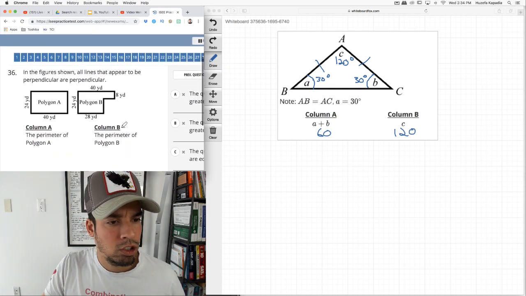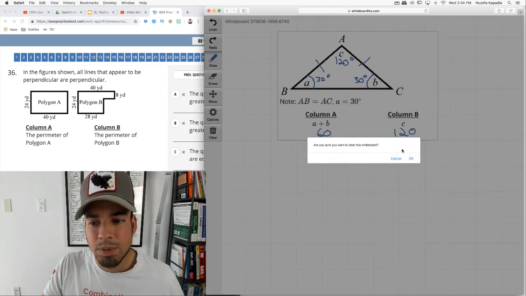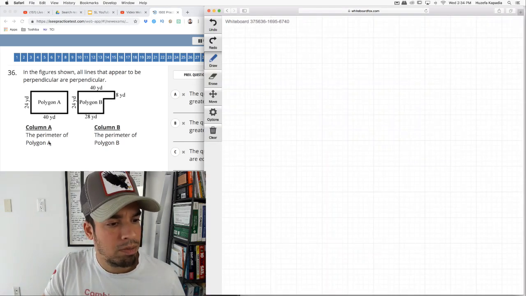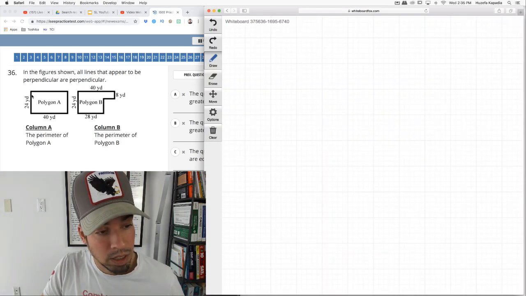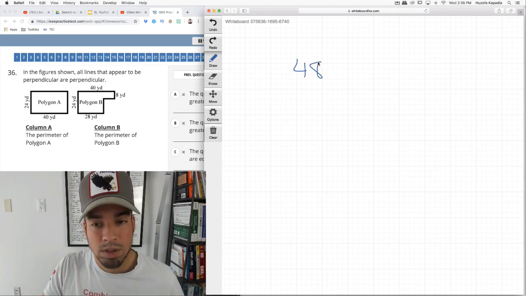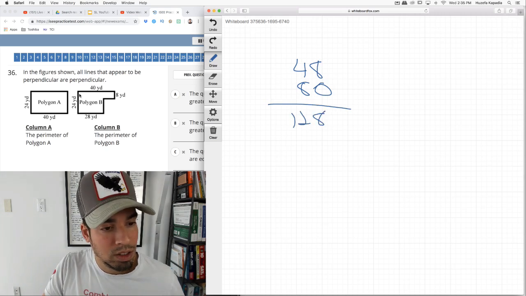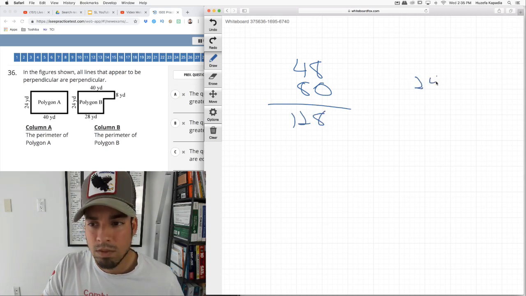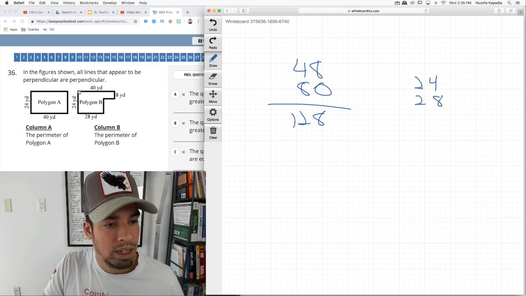Okay, in the picture shown, all lines appear to be perpendicular. So the perimeter of polygon A, so it's a rectangle, so 24, 40, 24, 40, so 48 plus 80 is 128. The perimeter of this guy is 24 plus 28 plus,